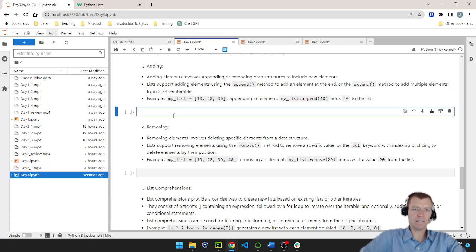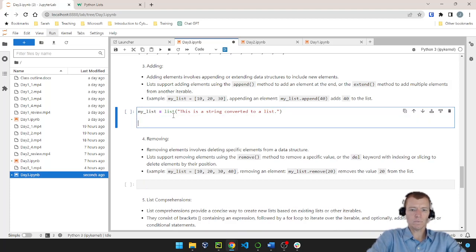So let's create my list again. And we'll use our list constructor. So I'll say equals list. And I'll give it a string this time. This is a string converted to a list. Print